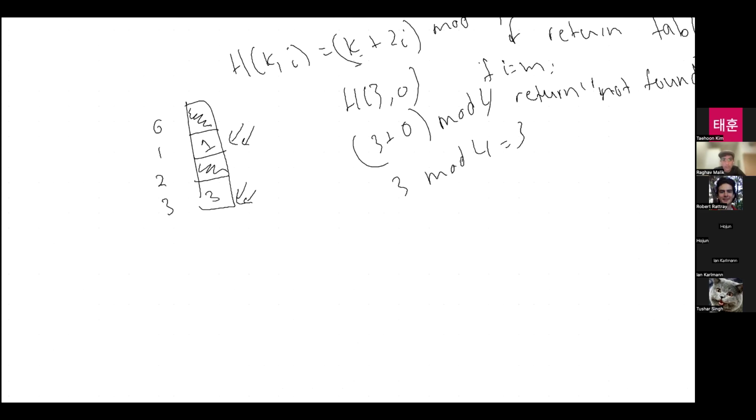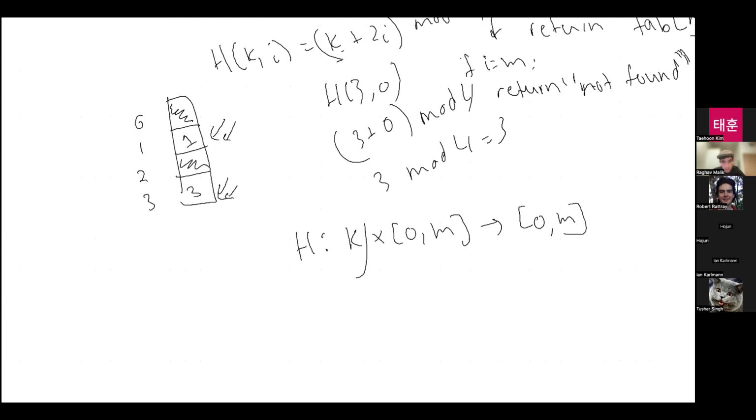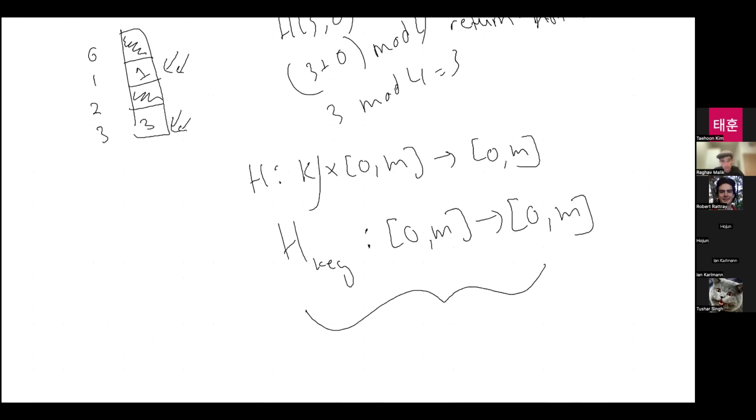So the thing that has to be true, essentially, is for this function, k cross 0 to m, restricting to a particular key, if you think of this as a function from probe index to probe slots, this should be surjective, right?